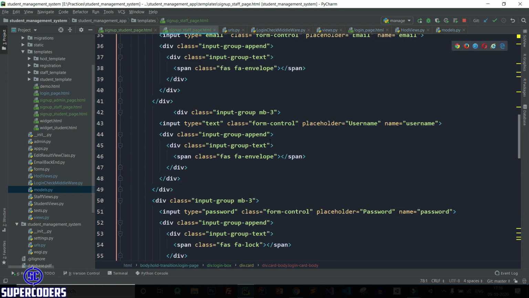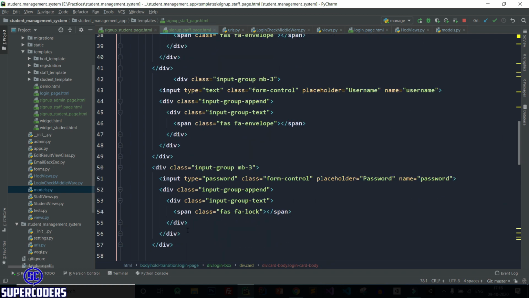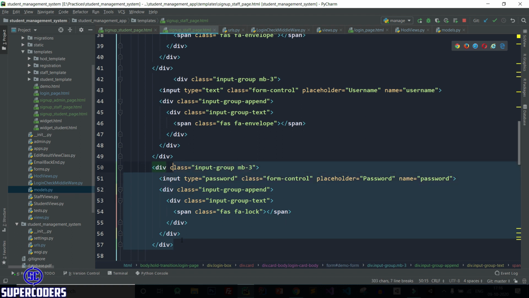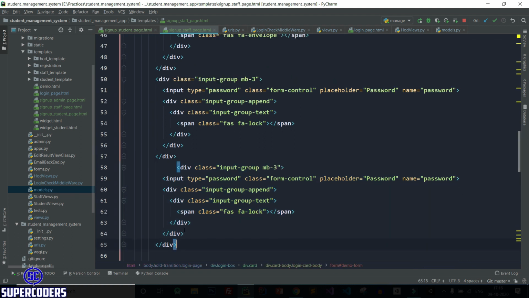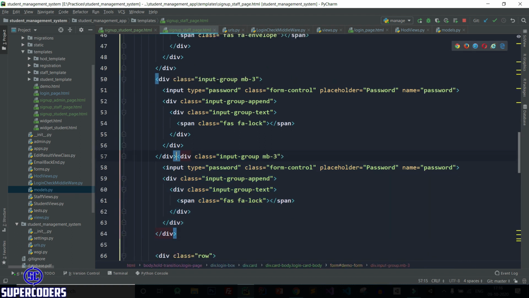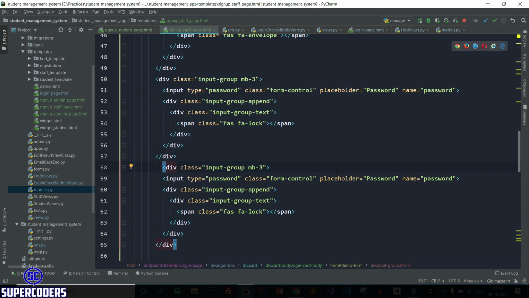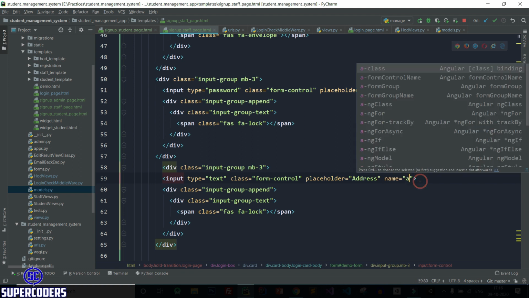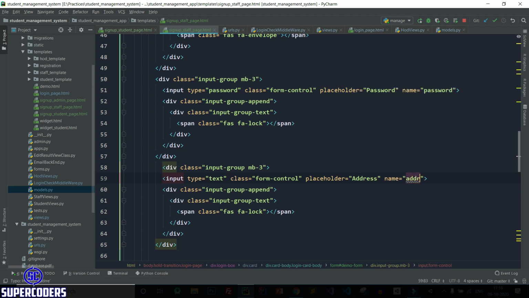After that we need to add one more extra field, which is address. So copy it and paste it. After that here change this to text, change this to address, and change this to address. Now also save it, and let's check it's working or not.